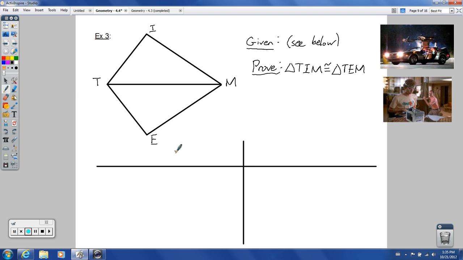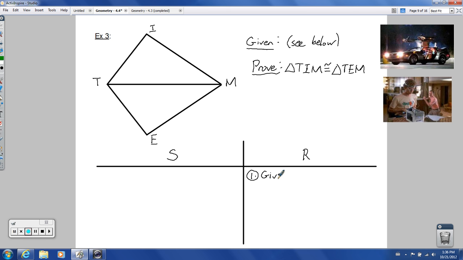And let's put an S here, statements, and R over here for my reasons. What's given? So what is given to start? I didn't say anything in the picture really, but this is what I'm going to tell you is true. I'm going to tell you that WZ segment, well, I used different letters originally, so I'm going to adjust this. I wanted to use T instead of what I had before, so I'm going to say segment MT